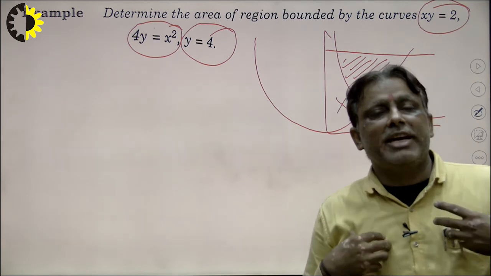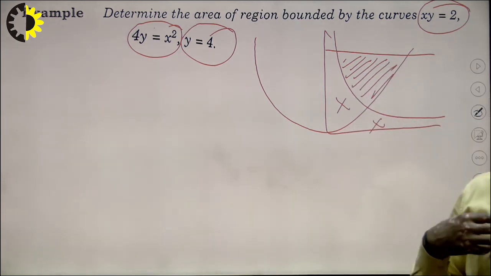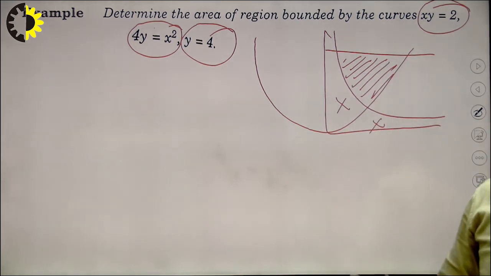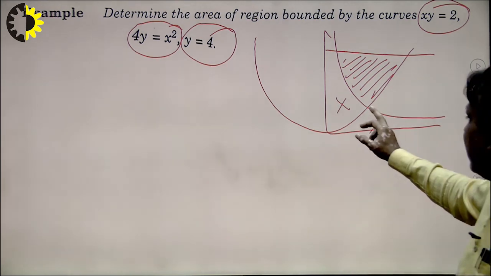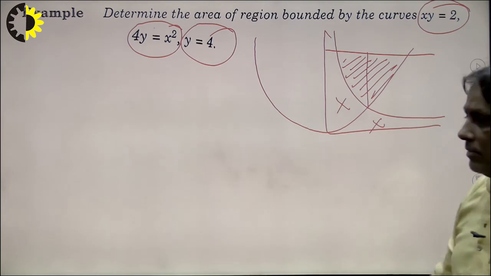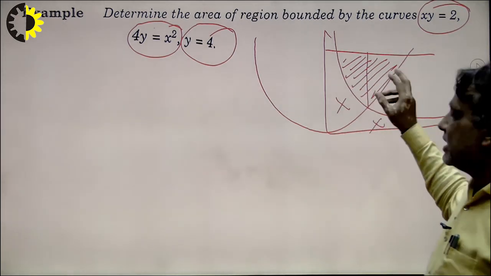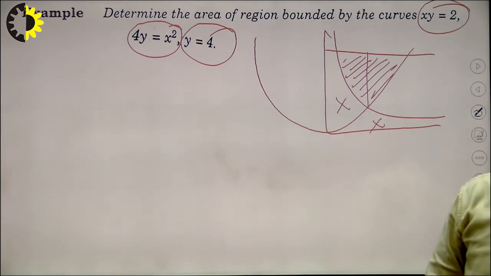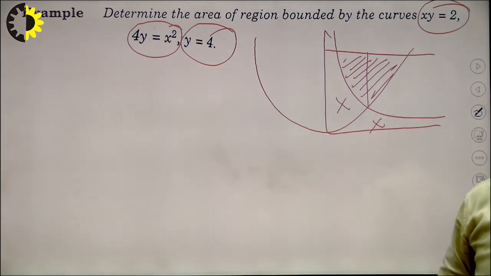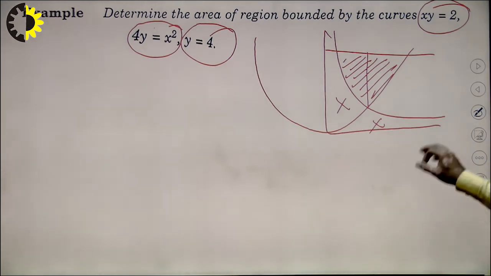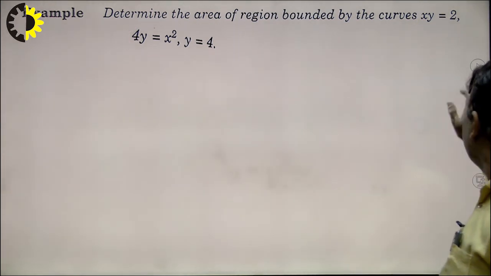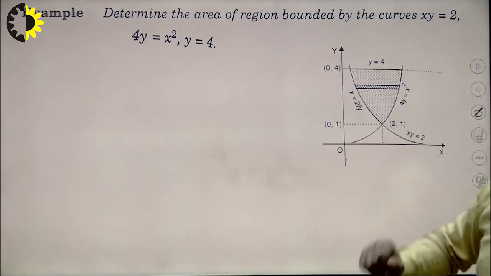If I take the limit of y first, or the limit of x first. If we take the limit of y first, then this region is divided into 2 parts from here, which means I solve 2 integrals. If we take the strip parallel to the x-axis, there is no partition. So in this way we can solve the problem graphically. This is the graph of this problem.